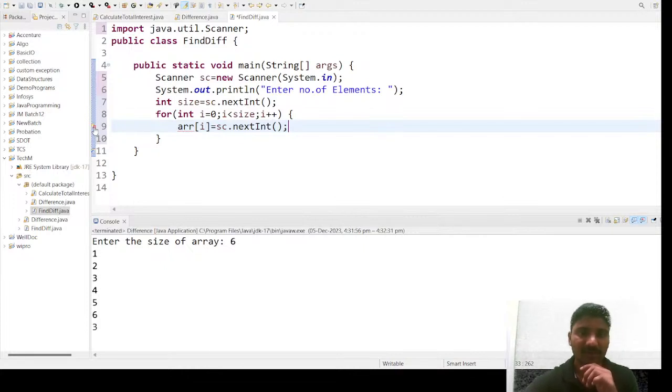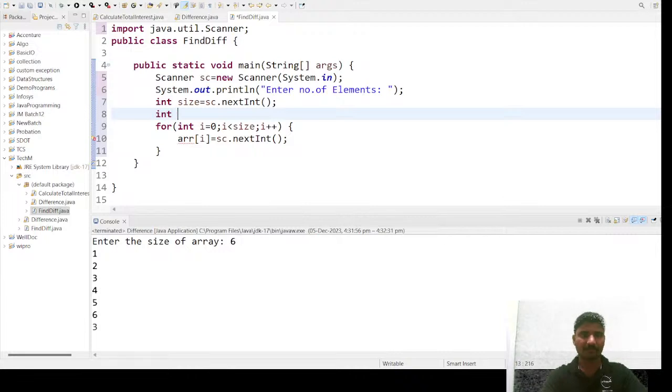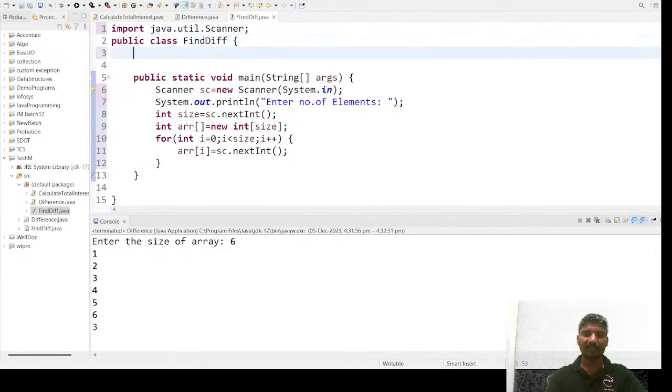Now let me go ahead and create an array first. So with array of size what? Size, number of elements. That goes fine. Now we have read the input. Now we need a method which returns